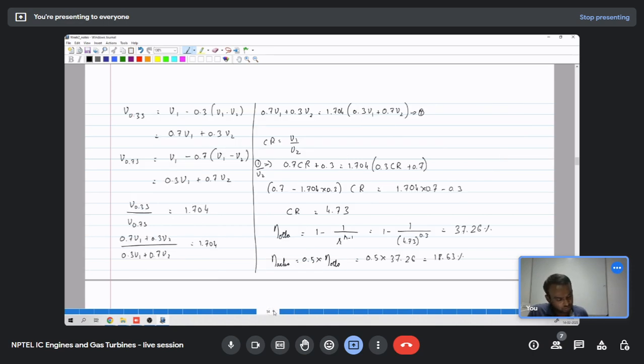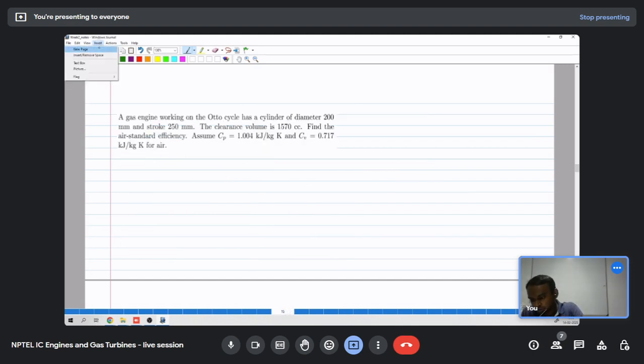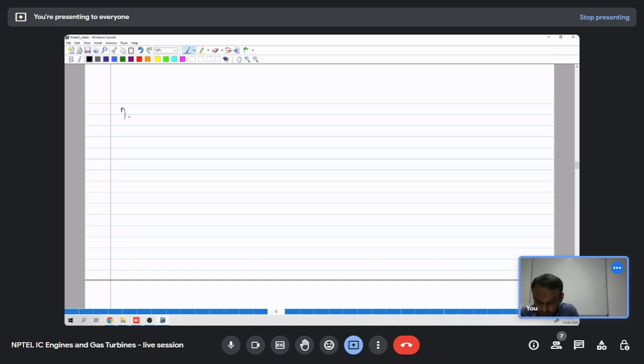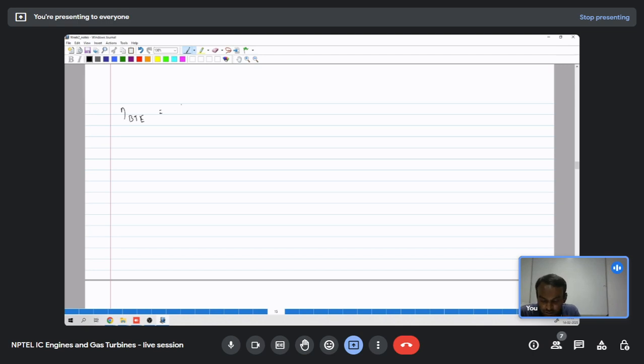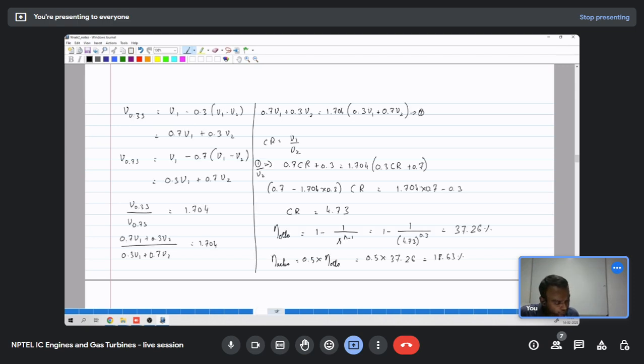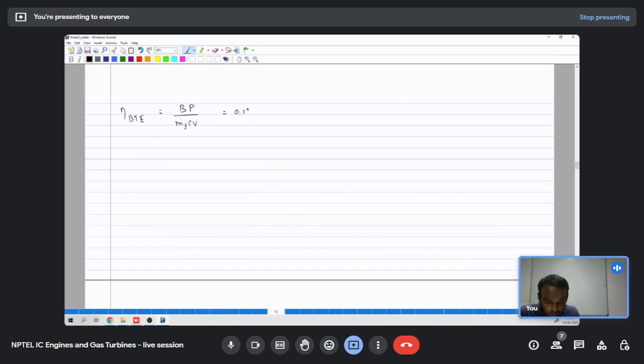So the brake thermal efficiency, that is the actual efficiency, 18.63, is given by brake power by m dot f into CV. This turns out to be 0.1863, right? So brake power